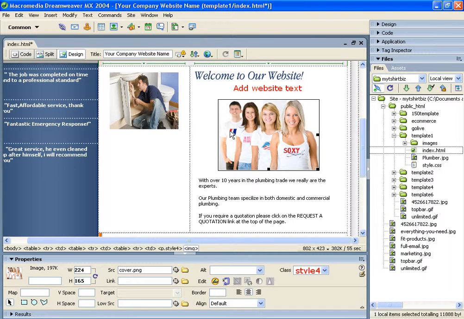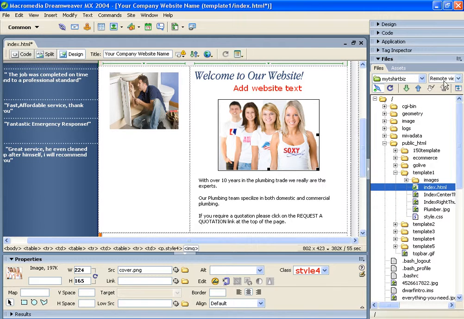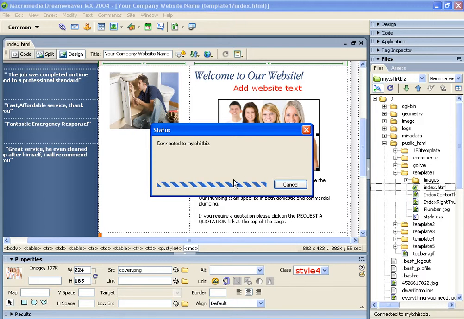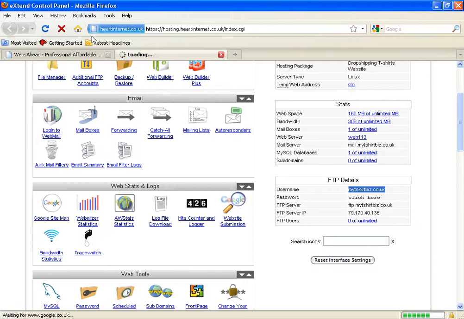So now when you upload, we'll go to the remote view, which is the server view, and we'll click on index and we'll click upload. Now you'll see that when it uploads, it will upload the image as well. So we'll click yes, it's been modified, and it's uploading, and you'll see it's uploaded that. Now it's just uploading the image there, look. So there it goes, and it's uploading that, so it's on the server, so it's ready for when the website requests it, the image will be on there. So if I just click through and actually show you that,